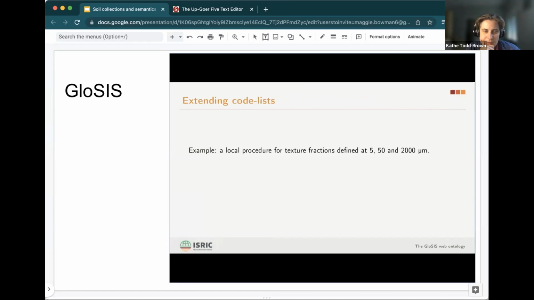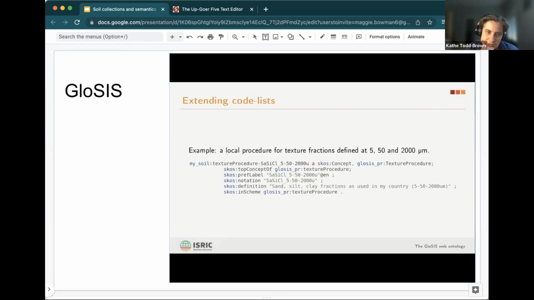Right, so part of the challenge here is to aggregate the codelists to create those procedure references. And for example, texture fractionation can be defined at multiple cutoffs. So what it is for one location is not necessarily the same as another. And so you can take this texture cutoff and extrapolate it to more complex measurements like extractions, and you can start to see some of the challenges in trying to represent these procedures in a way that's interoperable and precise.